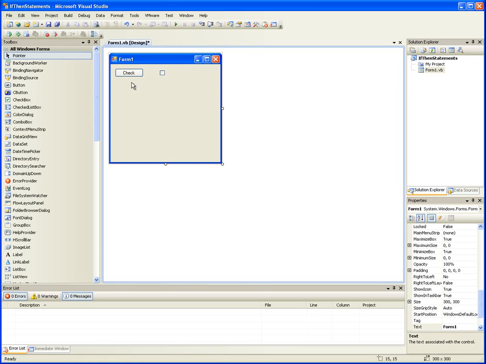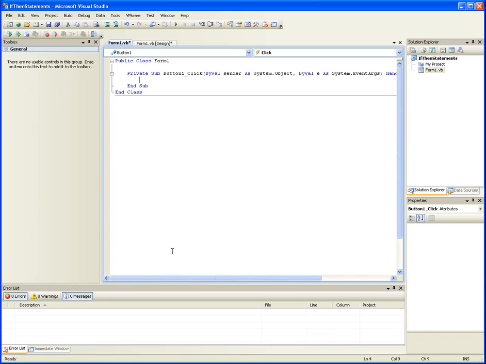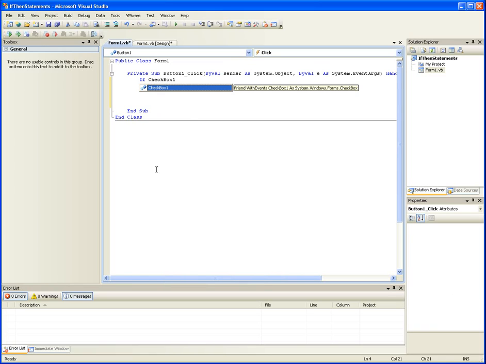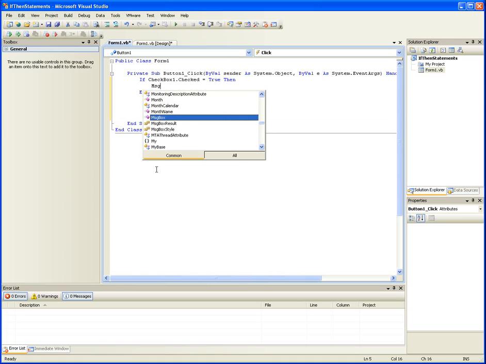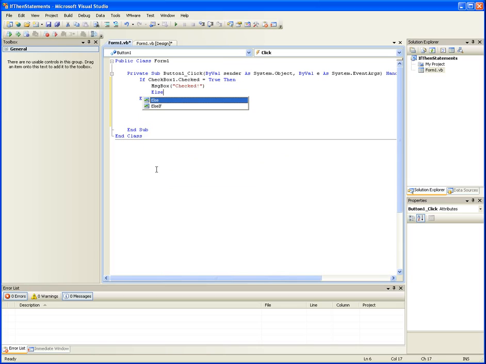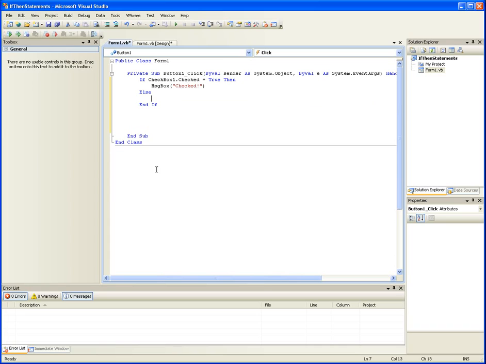So, double click your button. Now, what we're going to do, make a little white space here, we're going to type in If, as we wait, If CheckBox1, that's our checkbox, .Checked = True. Basically, if the checkbox is checked, then MessageBox "Checked". Else, basically, if it is not checked,